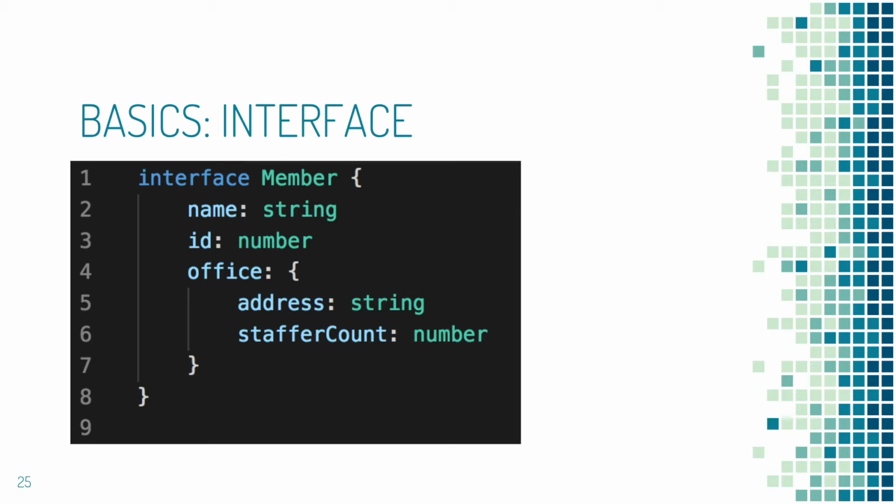And an interface says, this is the shape that I want something to be. All these things that we've looked at so far, including interface, have no existence once the code is compiled. So you write it, and then you say, npm run build. Often this happens with Webpack after the TypeScript compiler runs, but you say build, and all your TypeScript code goes away. None of it is shipped because a browser doesn't understand what this interface is.